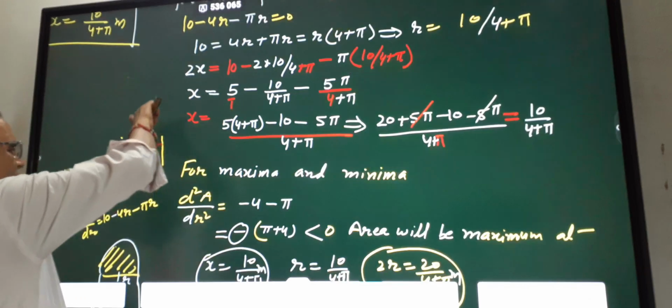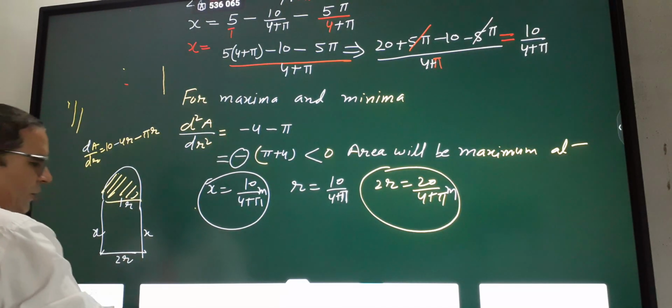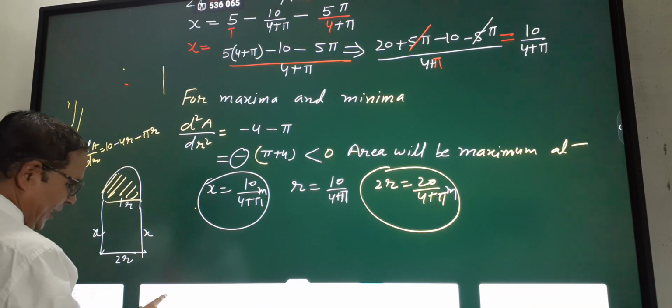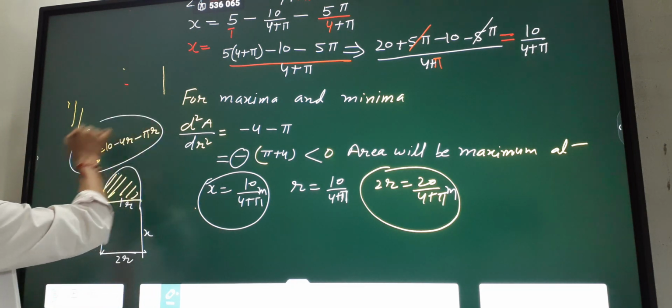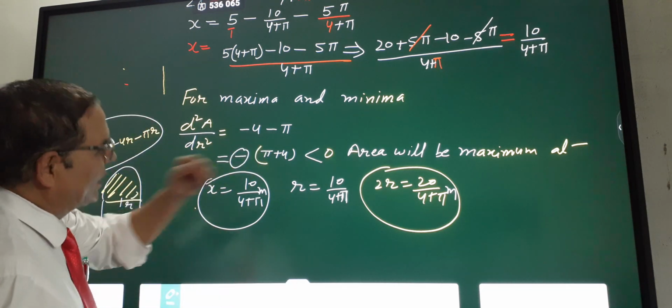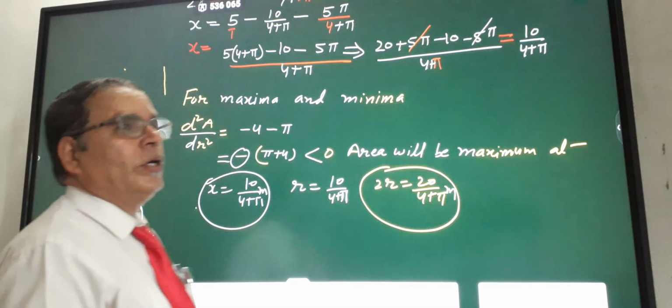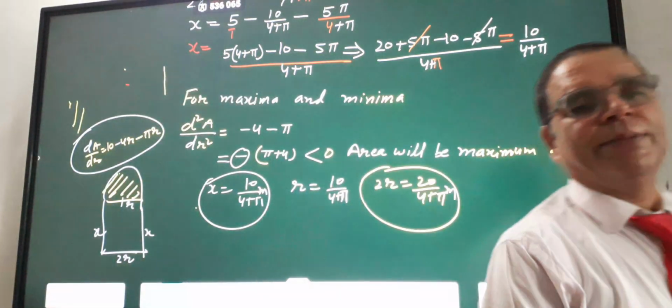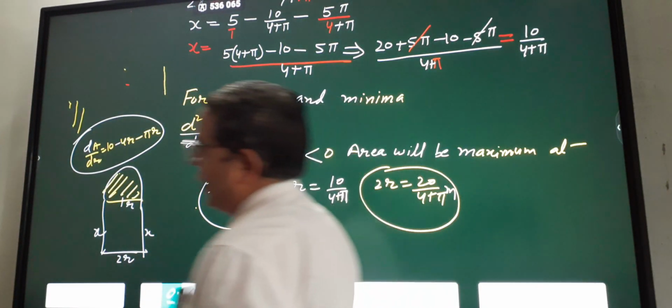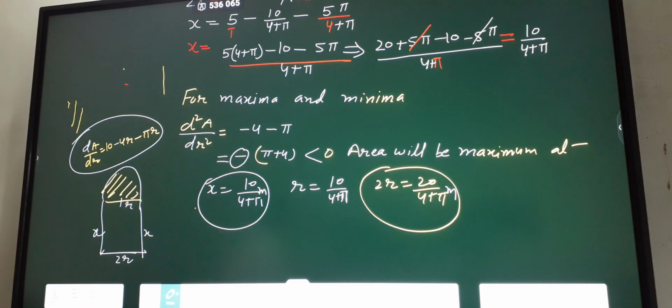Again what I do, जो मेरा derivative आया था first order का, this was the first order derivative. ये हमारा first order का derivative था, कौन सा? ये वाला. इसको हमने double derivative किया, ये आया that is minus 4 minus pi. And why do we do this? To check whether the area is maximum or minimum. Okay, so this is the question. This type of question will be asked in the examination, and the concept is the same. Just you need practice. आपको practice करनी है, then only आपका काम बनने वाला है.